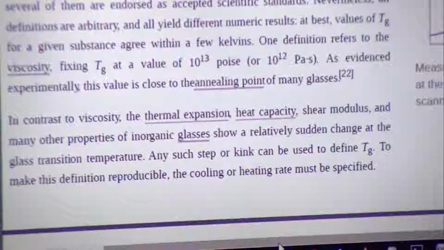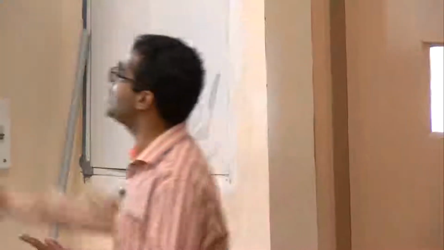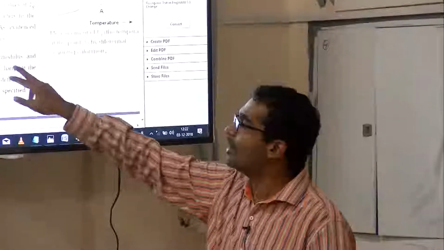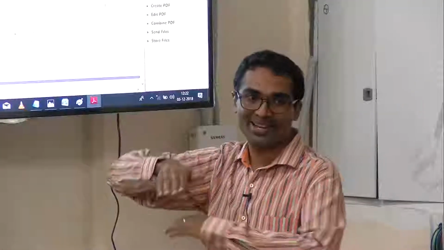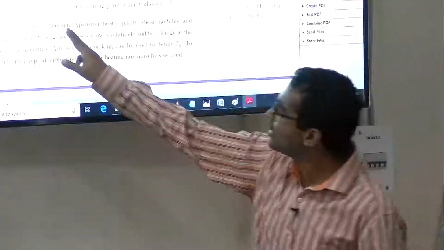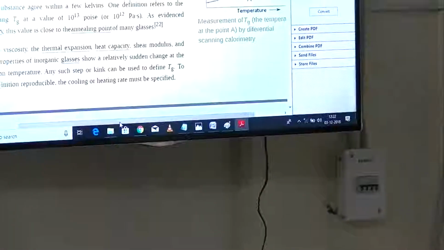when compared to viscosity. So, there is a rheological way of defining glass transition temperature wherein you use a rheometer and say when does the viscosity become 10 to the power of 13 poise, but that is not as dramatic and as a consequence perhaps as easy to measure as, let us say, volumetric change, specific heat capacity change, even shear modulus change. This is interesting, you see. Why shear modulus change? Because the glass becomes flowable, it is rubbery by that point in time. So, these derivatives with respect to temperature are much more easily detectable when compared to this, and hence in practice people could use either Cp or shear modulus or specific heat capacity.